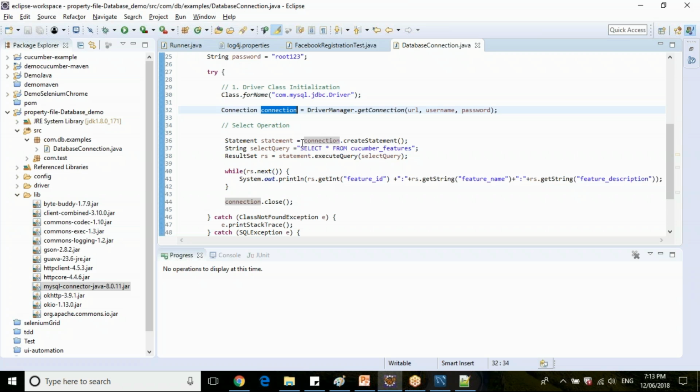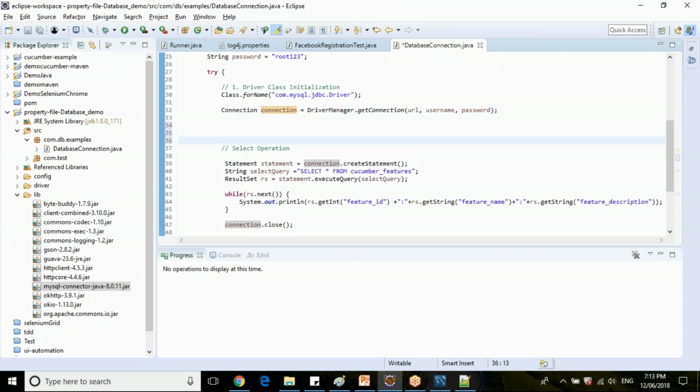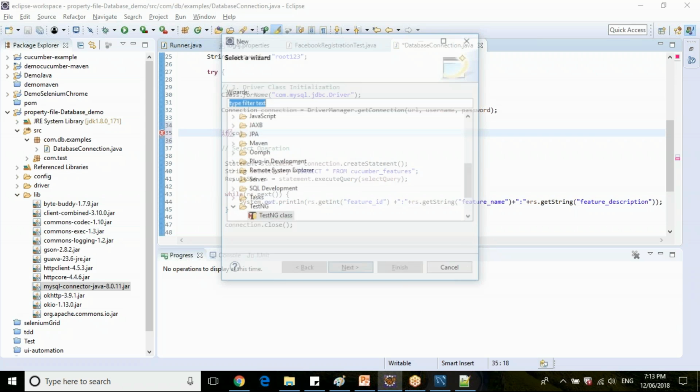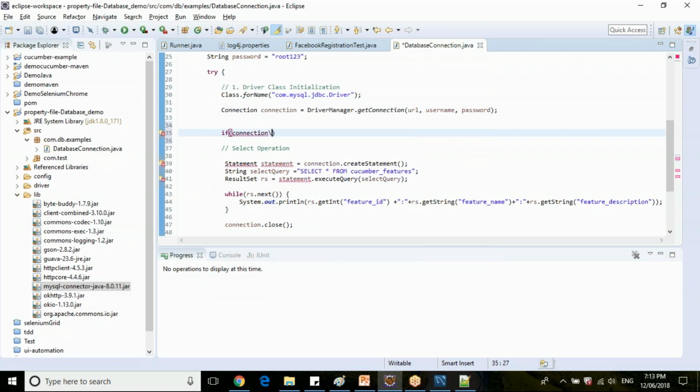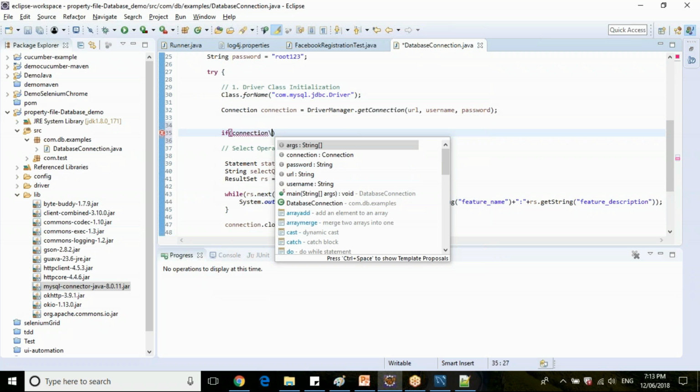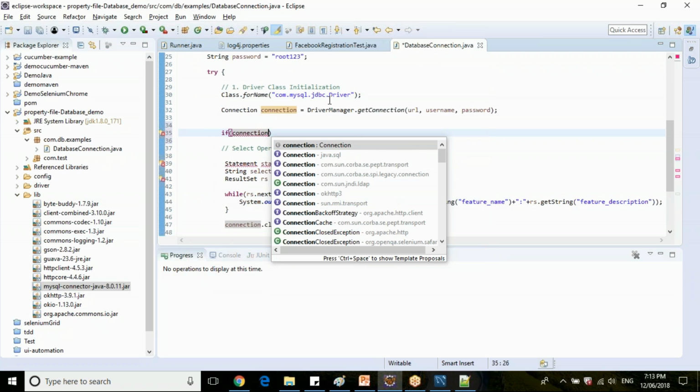So you can check here, if connection is not null, then you can say your connection is successfully established. If your connection is not empty, then you can perform your select operations or whatever the operations that you are going to do.